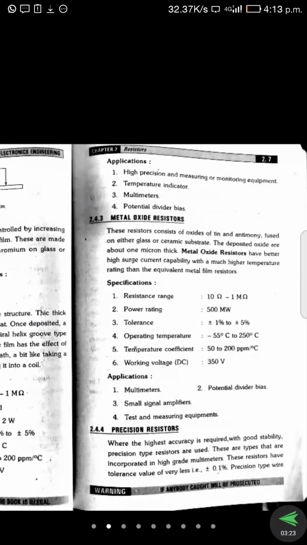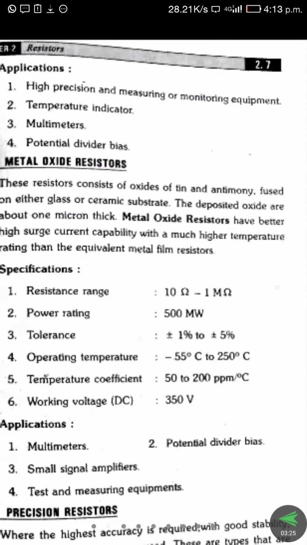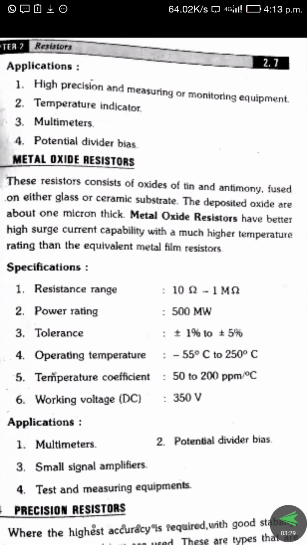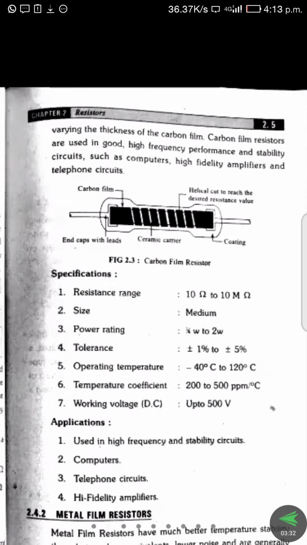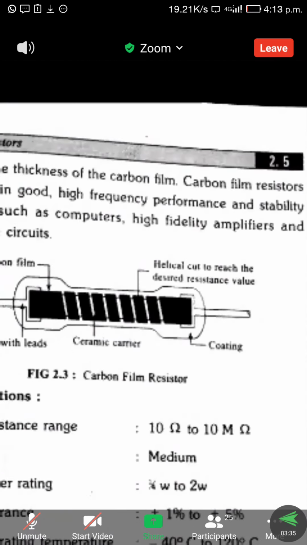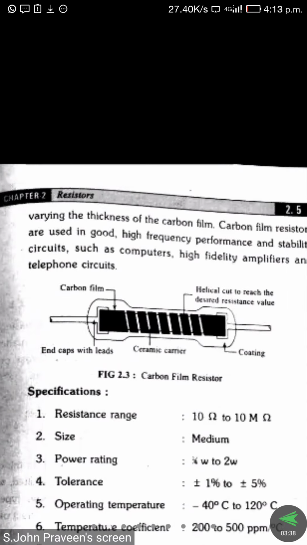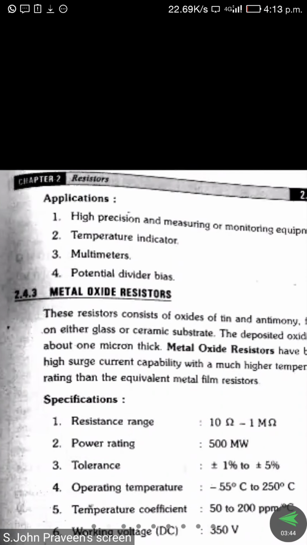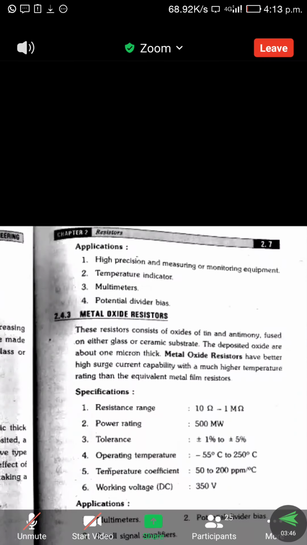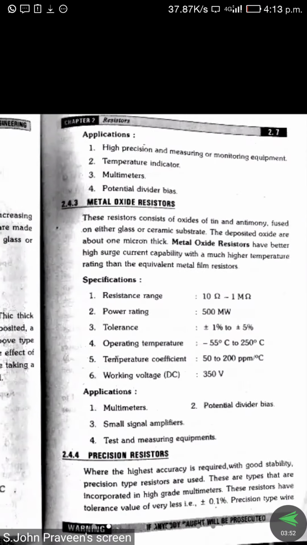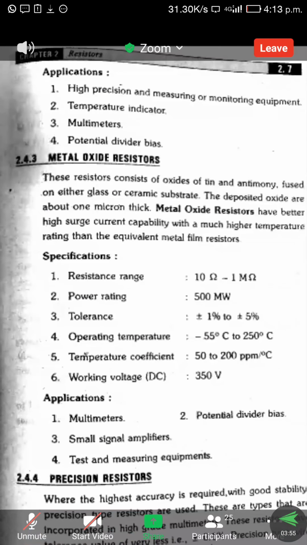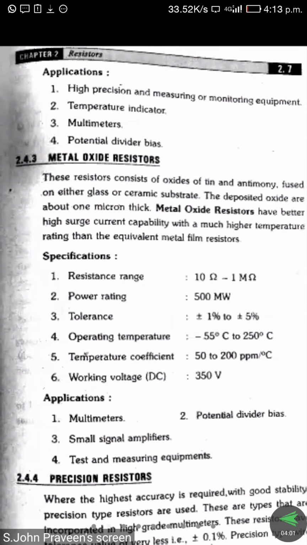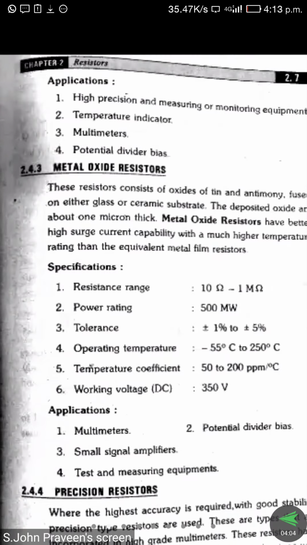Next, metal film resistor. Here a metal film is used. What material the film is made of is already given in this portion. Low standards are generally used, which produce the resistivity. Specifications and their applications are also given. Metal film resistor is subdivided into two categories, thin film and thick film. Those we cover. Next one is the metal oxide resistor. Next we think about resistance resistor.